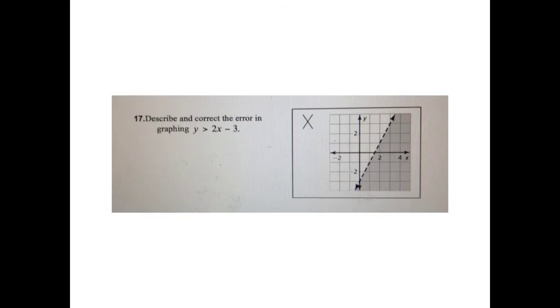So right here, when I graph that in my calculator, I see that it hits at 3, so that's good. This has a slope of 2, so that's up 2 over 1, up 2 over 1, up 2 over 1. So the line itself looks good. This is part of this family, so it's supposed to be a dotted line, so that looks good. But